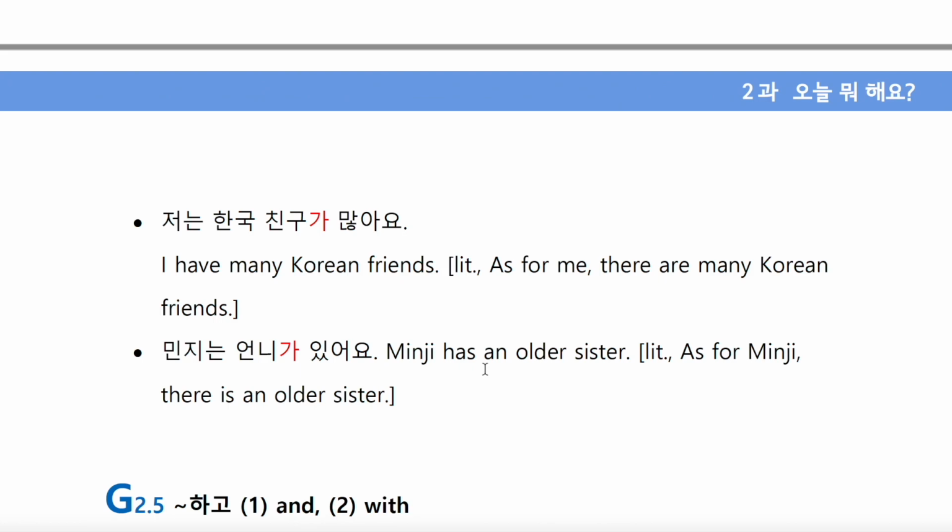그렇죠. 그래서 이제 generally it is easy to guess if something is a verb or an adjective by its meaning, but sometimes it's not that clear. 그래서 for words like 많다 and 있다, you have to remember them as adjectives.